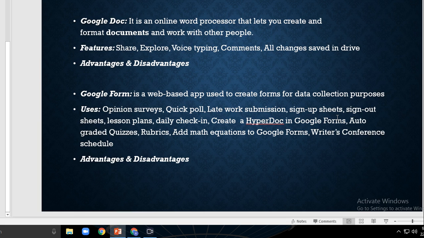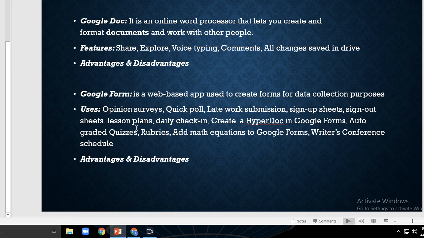Here you have to keep in mind, ask your students or parents to sign up to bring something to the class. If you want to use a Google Sheet, you also should be signing into that sheet here. Sign out: if you want, use that sign out sheet when the student leaves or returns to the room, then that will close out.